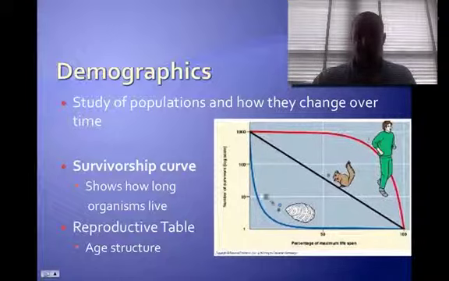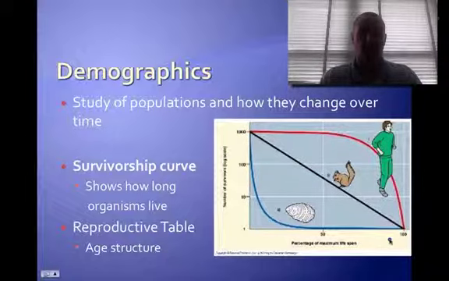So let's look at the first curve down here, curve 3 by the clams. They have a high number of individuals to begin with, but for some reason they live in an unstable environment and they have very few that live for a long time. And we start at curve 1. This is like the human population. We have a high number of individuals that live for a long amount of time, but the older you get, the fewer and fewer we have. And then you have a population like the squirrels here, curve 2, which actually is a consistent decline as the